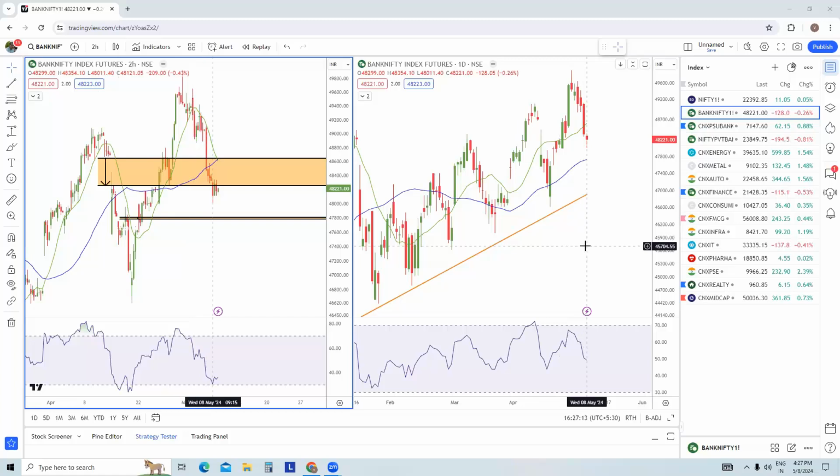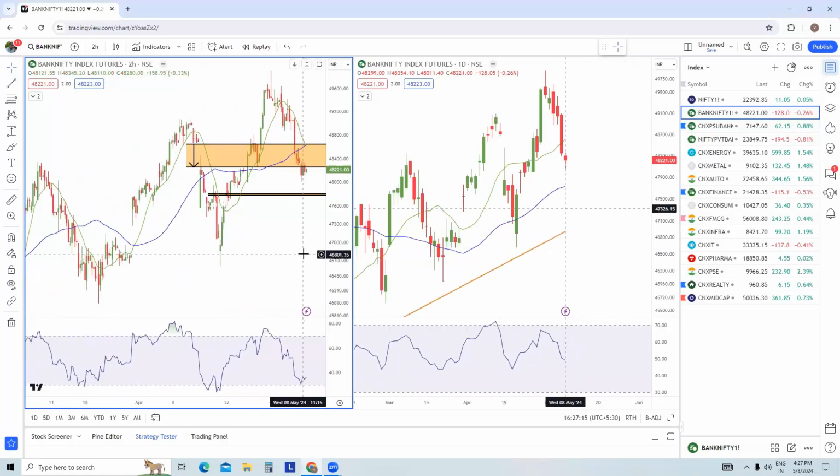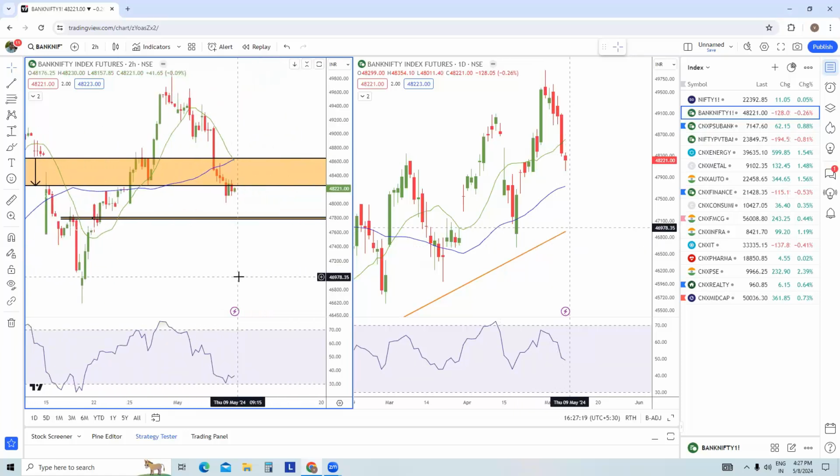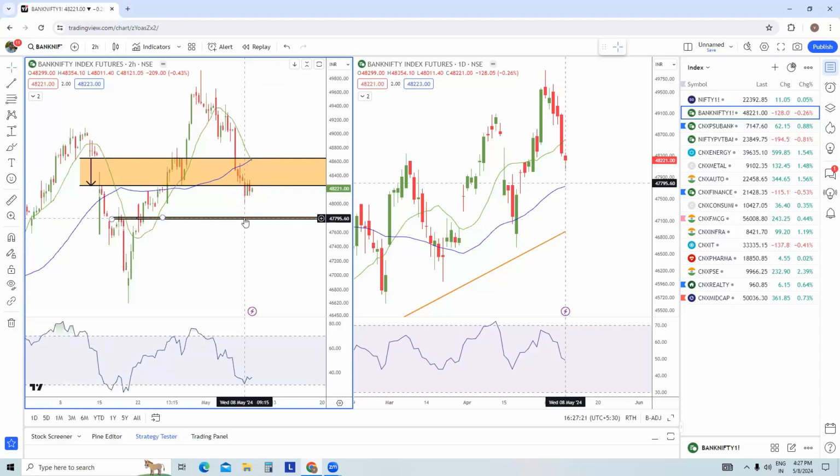Now today we have made a small hammer, that is okay. That's nothing great, I should say. It's absolutely fine. But if the Bank Nifty future starts trading below 47,795 or 47,750, then probably the weakness might continue in the Bank Nifty futures and the index will continue to drift downwards. And on the other hand, I would say that if the Bank Nifty closes above, say, 49,000 levels,